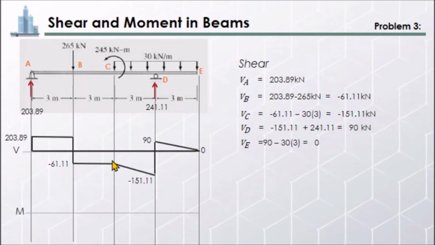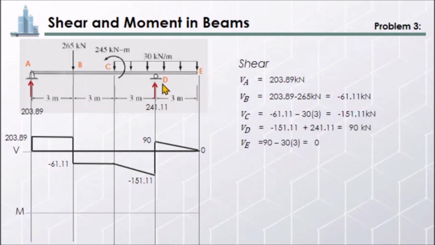Wala. So, magdo-draw lang tayo ng horizontal line. Now, at point C, ilalagay na ba natin itong 245 kilonewton meter? Hindi. So, ano lang ipapasok diyan from C to D? Ito lang, itong 30 kilonewton per meter natin multiplied by its length na 3 meters. Ngayon, class, since uniformly distributed ito, pag nag-draw tayo ng shear diagram, plus 1 siya ng slope, so inclined na siya. So, we have negative 151.11